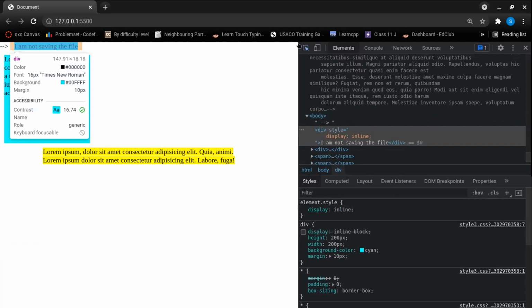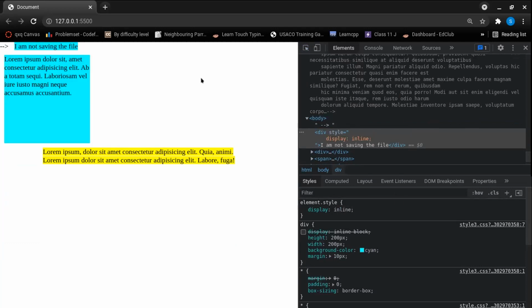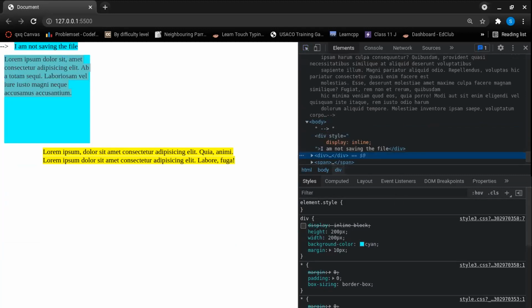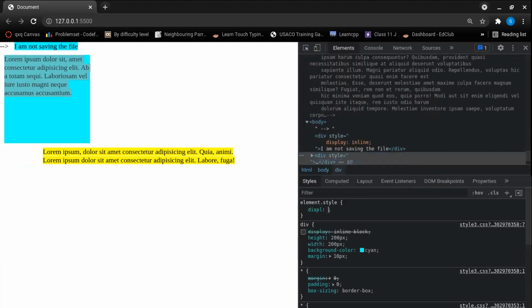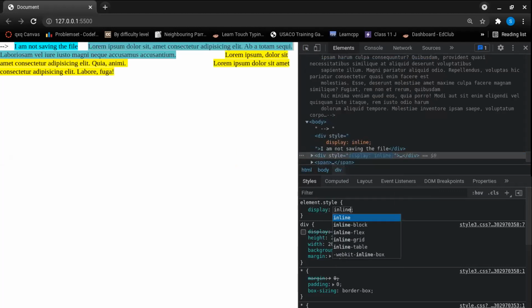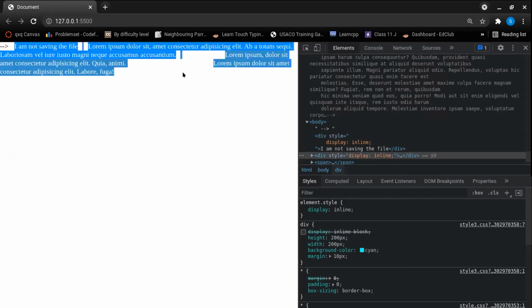But now you may think why this is not coming on the same line. This is because this is still an inline element. I wrote inline style, inline CSS, to this div, so that's why it's not been applied to that div. So if I do display as inline for this as well, now all the elements on the web page are inline. So yeah, that's it. Any doubts? Guess not.